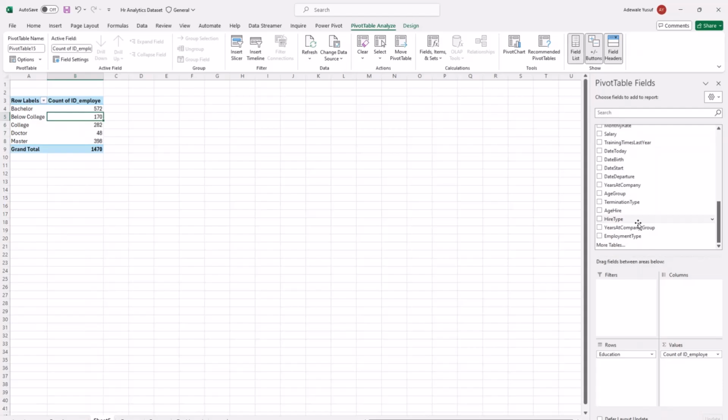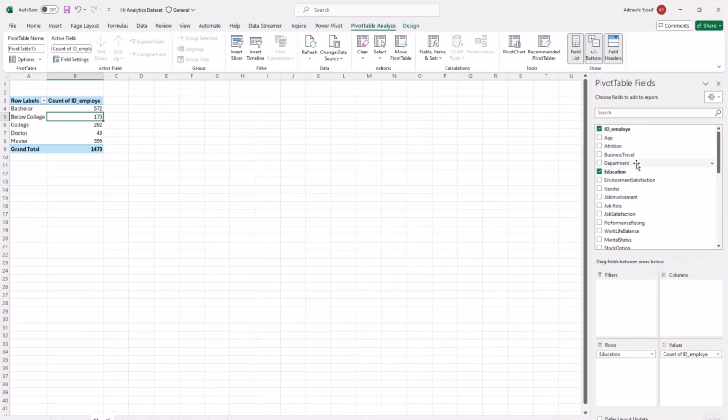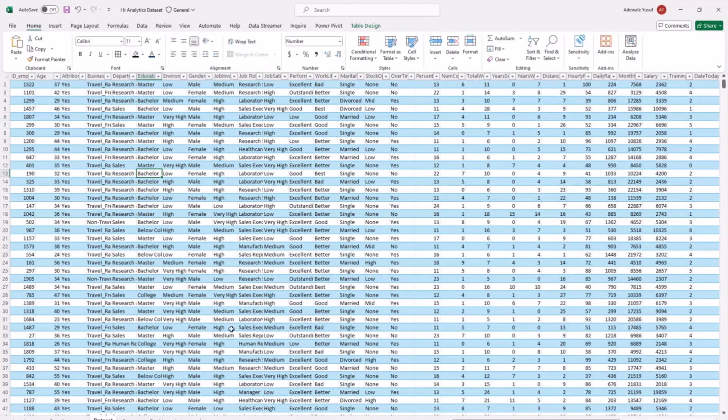Now, pivot table cannot do that really. That's the limitation with pivot table alone. So you have to combine pivot table and Power Pivot to be able to write all those calculations inside your pivot table. So I'm going to delete this sheet right now. Let me just delete this sheet and go back.